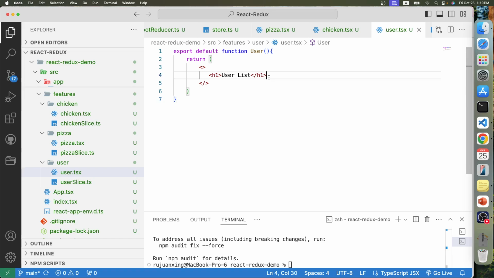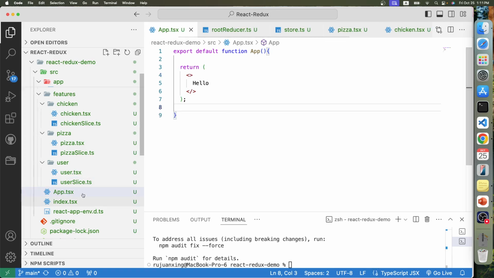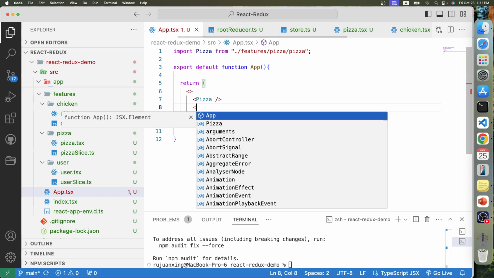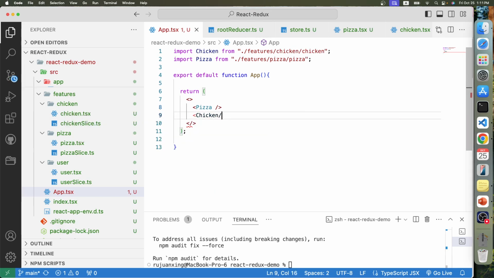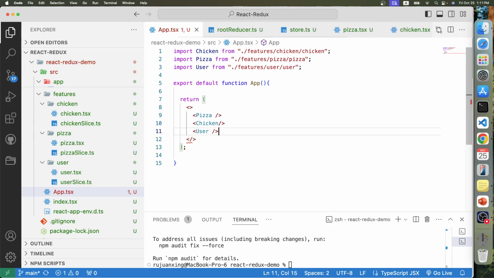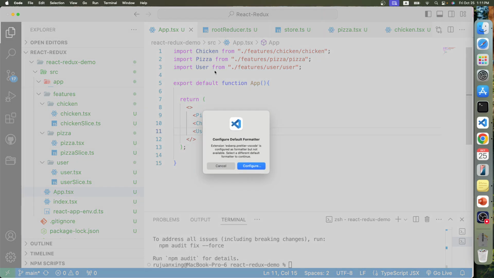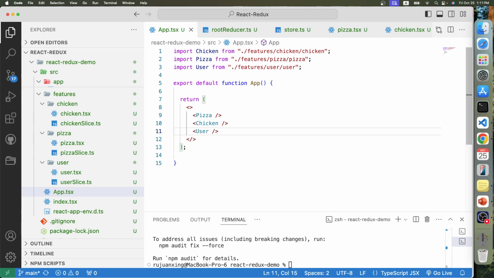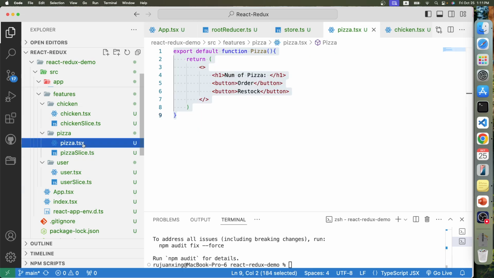And for all the user data displayed here, then in my app I'm going to have three. One is pizza view. One is chicken. And the last one is user. So this is our three views connected together. This is our views. Now the next step is, suppose I'm doing pizza, how can I